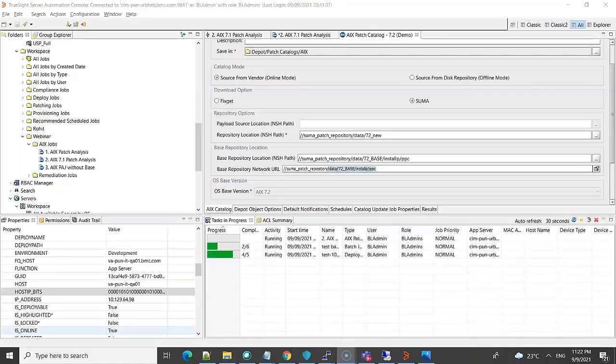I want to talk about a very specific use case here. When we were discussing the patch catalog update, we talked about this base repository location, but I didn't show you how we use it, or what the use cases are where we use it. So this base repository location is basically an ISO image, which we download from the IBM portal,